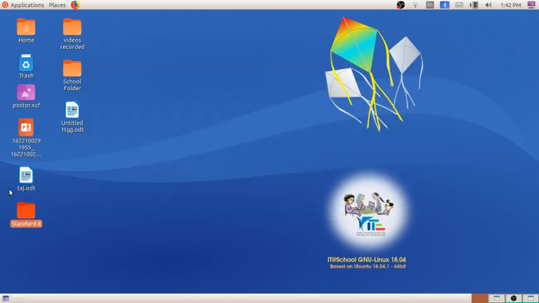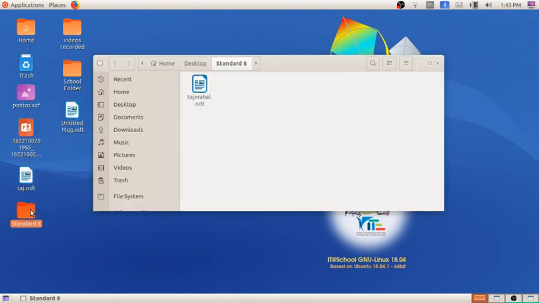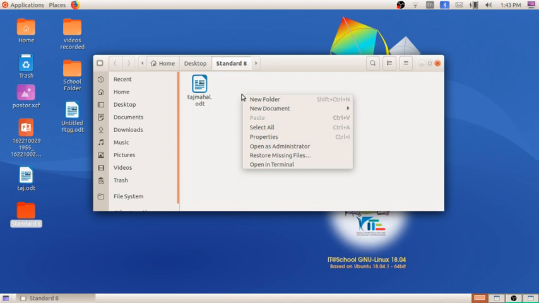If you want to create a subfolder, then also we can do it like this. Open the folder, and here right click on the opened folder. They will ask about the new folder.